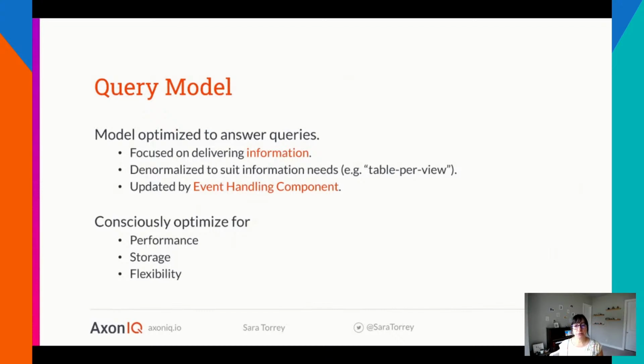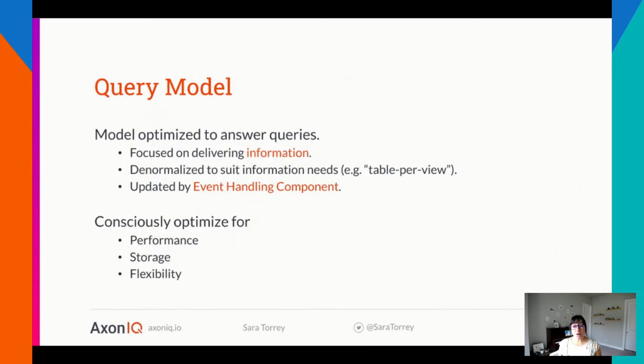When setting up your query model, you should consciously optimize it for the requirements of those models. So if, for example, you want to be able to quickly return the results as the query comes in, you would store the views as required, for example, as a JSON representation. This increases the query performance and flexibility, but you would lose time on updating the views because you would need to do string adjustments for all of them. Now, if you need to efficiently store your data, you would probably not store the views as a JSON string, of course. You would then lose the exemplified performance gain in favor of storage space gain.